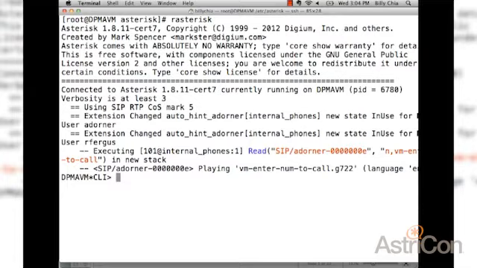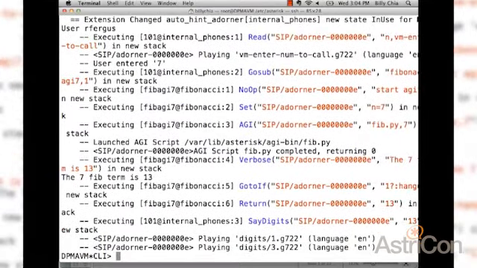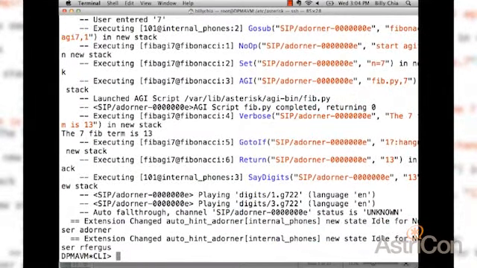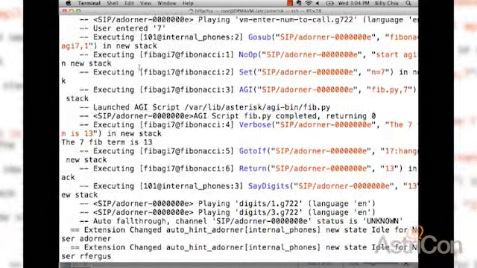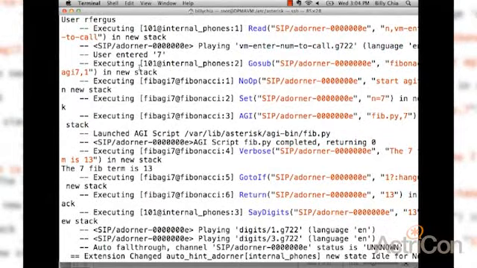7, 1, 3. So 13 is the 7th Fibonacci term. And you guys can see how that one executed my AGI Fibonacci. So the idea is if I do 100, now just look at this real quick. This is the amount of, just very little, maybe a screen's worth of